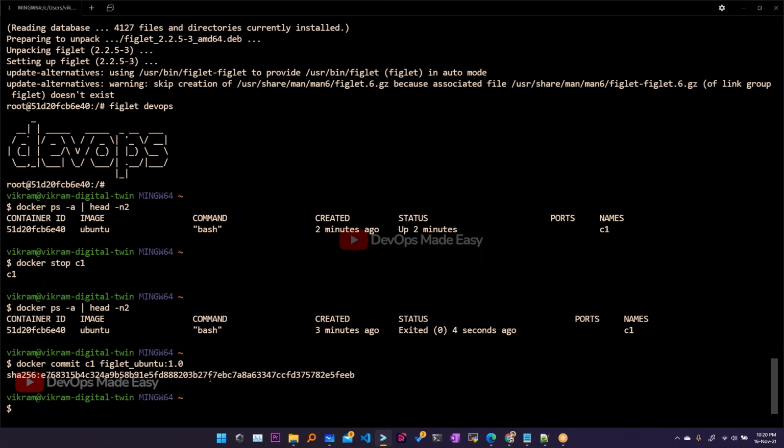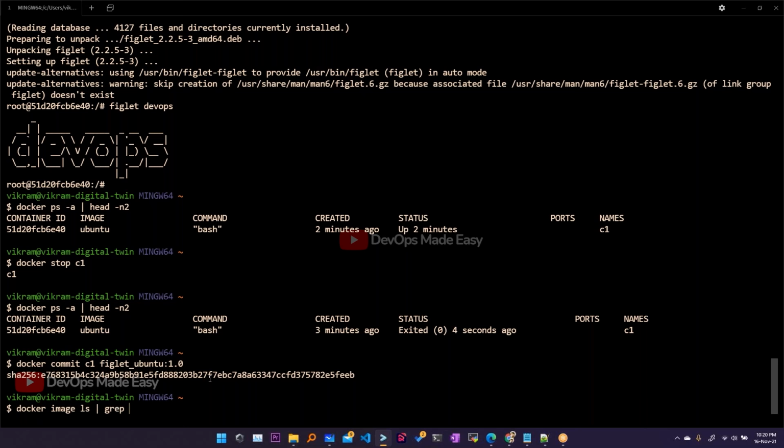Okay, what did I just do? We have created a new image with those changes from that container. That means I've saved all the container's changes as a new image. That means that if you do docker image ls, you will get that image.